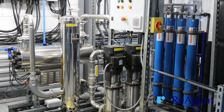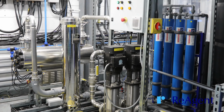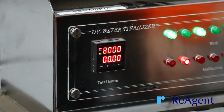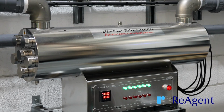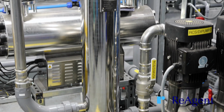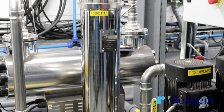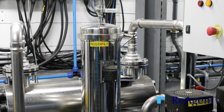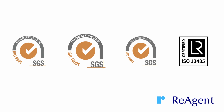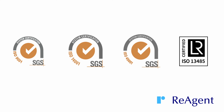To further ensure the purity of our demineralised water, there's an additional stage of purification. The water continuously goes through ultraviolet sterilisation and is filtered through a 0.2 micron filter, effectively removing minuscule particles and bacteria. With nearly 50 years of expertise in chemical manufacturing and holding quality accreditations such as ISO 9001, ISO 14001,